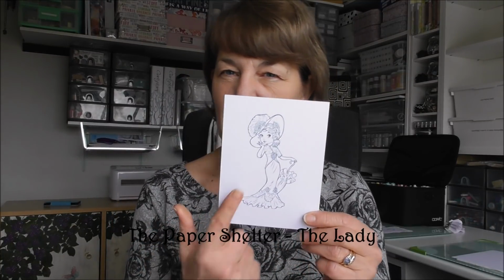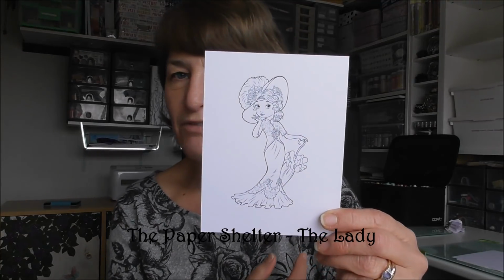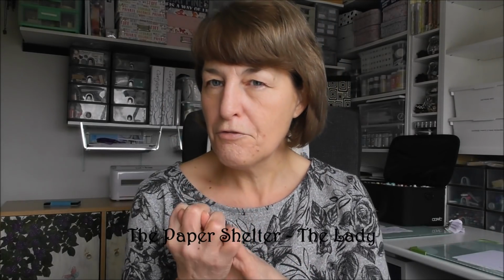It's a paper shelter image. I'll just show you. I can't remember the name of it, but I will put the name of it underneath once I've edited it. It's this lovely little vintage image. I'm going to be colouring it in three